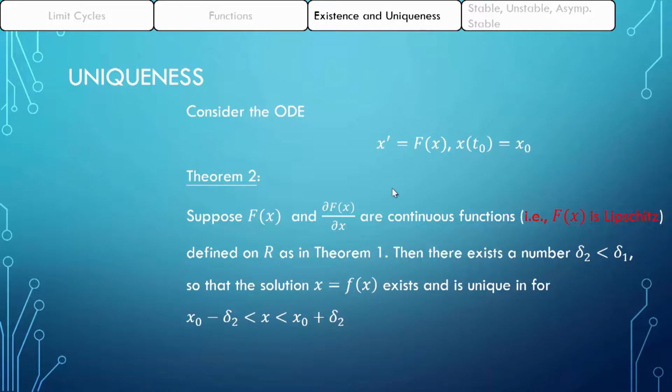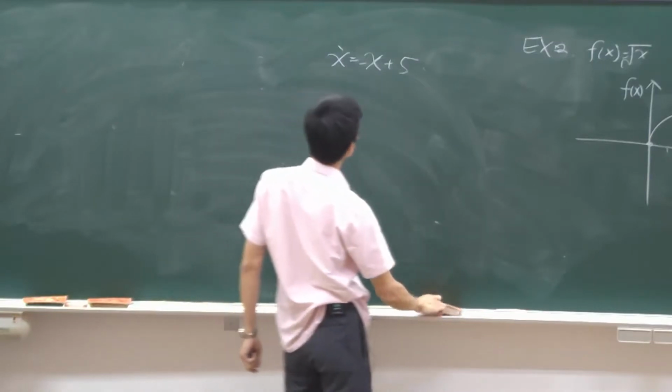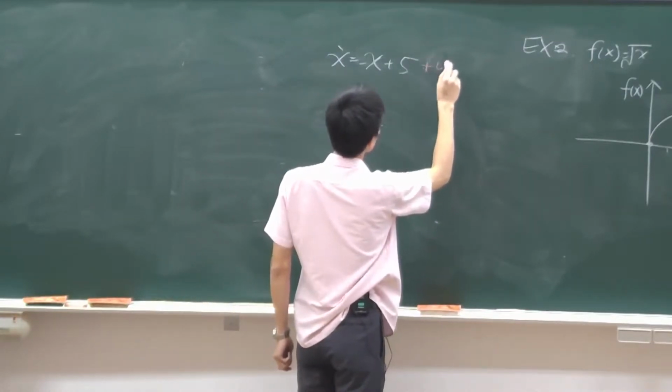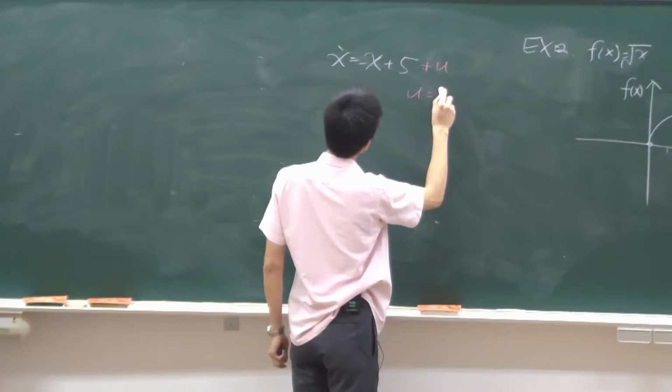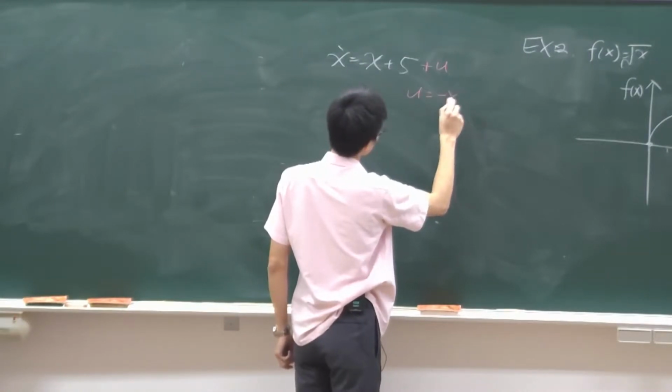The controller changes this f given the dynamics, given the differential equation. Remember on the first day of the class, I said x dot equals minus x plus 5, right? And I design a controller u equal to minus x minus 5,